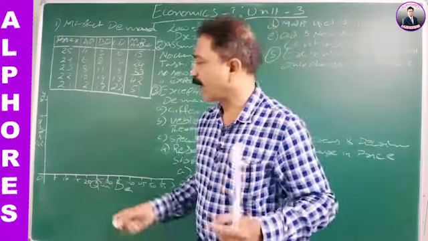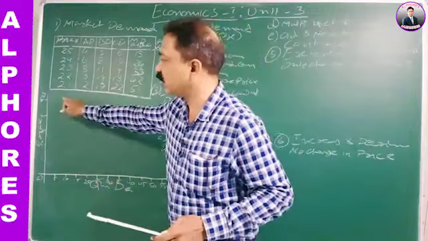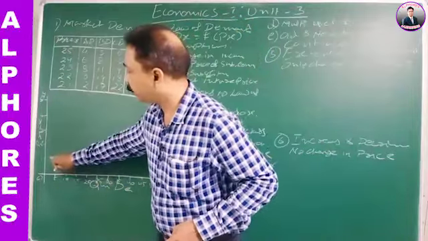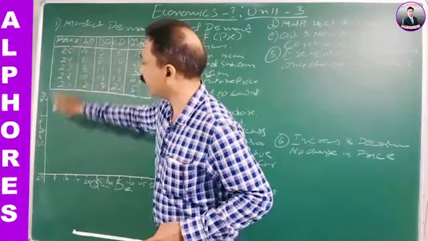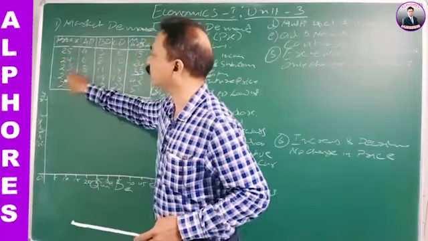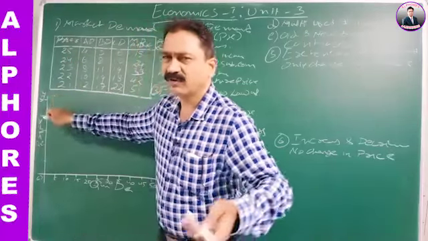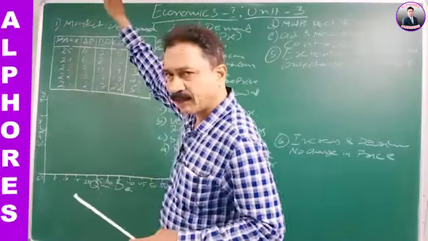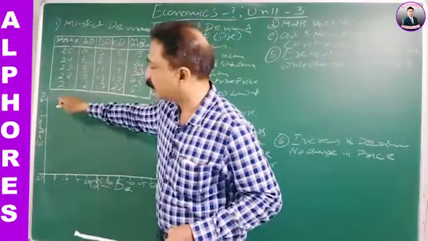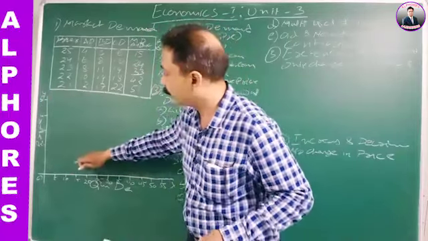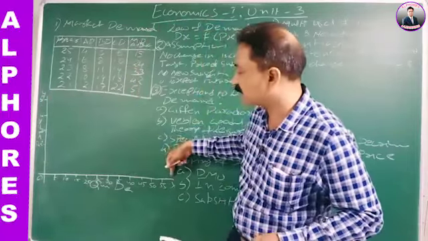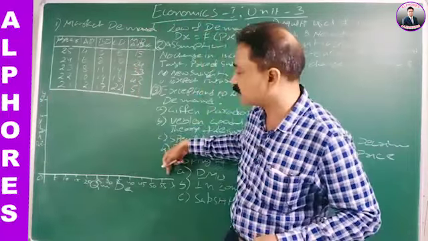For some period I may not be seen, but you can see the graphs. Here we put the prices 1, 2, 3, 4, 5 on the graph. Instead of 21, 22, 23, 24, 25, I put here 1, 2, 3, 4, 5, for our simple understanding. Otherwise the graph will go above the blackboard. So that's why I put it within easy reach. And here I put quantity demanded on the x-axis, 5, 10, 15, 20, 25 up to 55, because they are up to 51. So here you can see it starts with 15 and ends with 51.